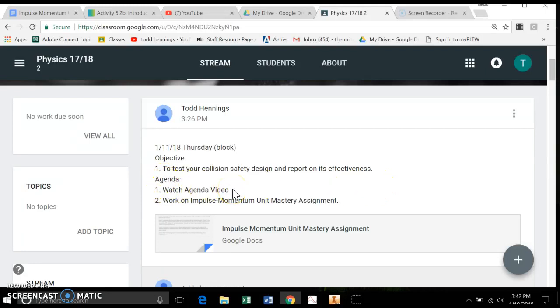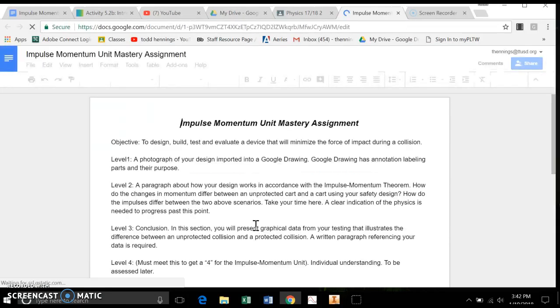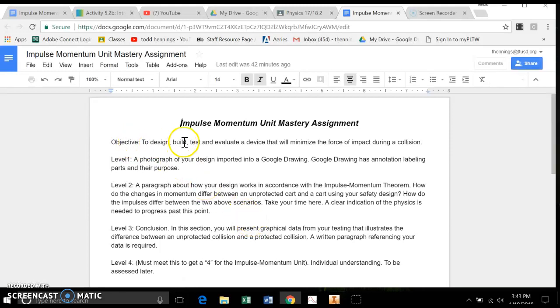You're doing it right now. Congratulations. And number two is work on the impulse momentum unit mastery assignment. So I have the document here, rather plain looking. I'm going to go over it real fast, and this is what you want to start putting together while I'm out. The objective is to design, build, and test and evaluate a device that will minimize force of impact during